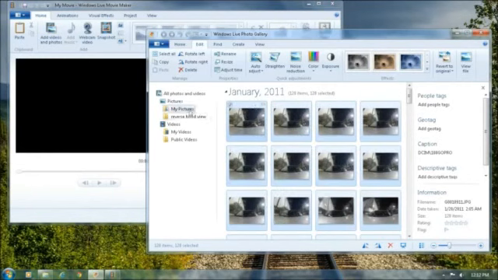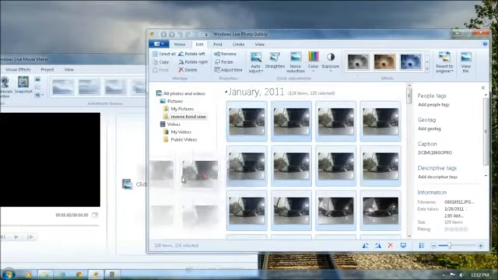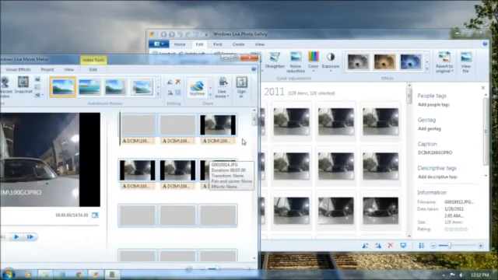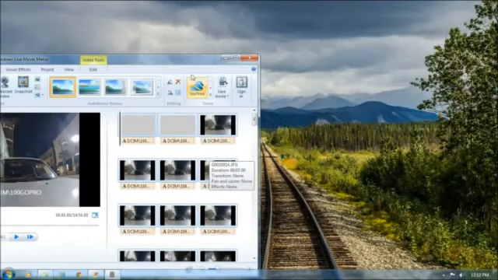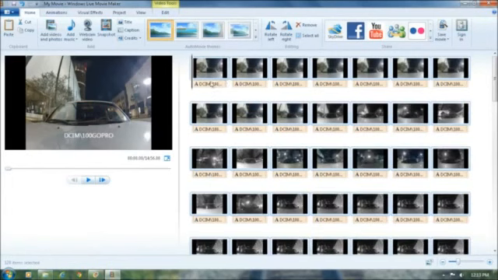just going to drag them over to the movie maker. If I can get this to work right. There we go. Okay, so now they're all in movie maker, and you can see that what pops up below